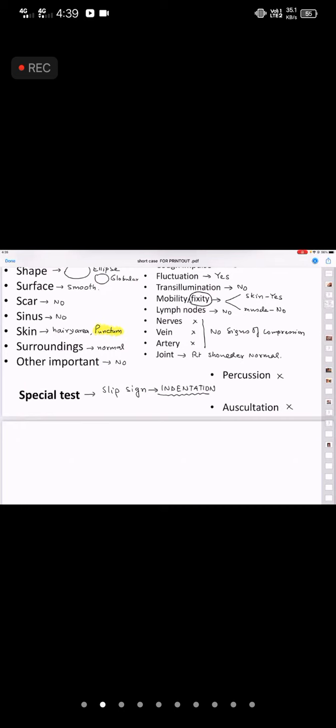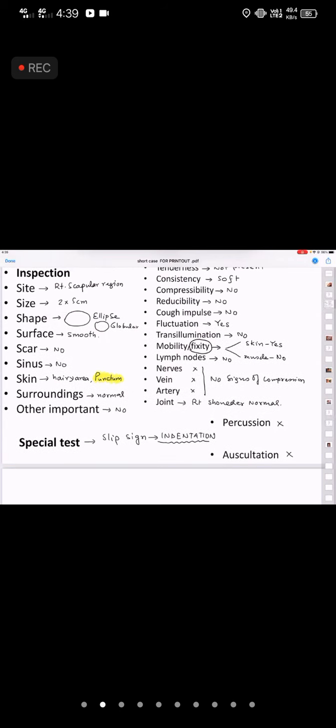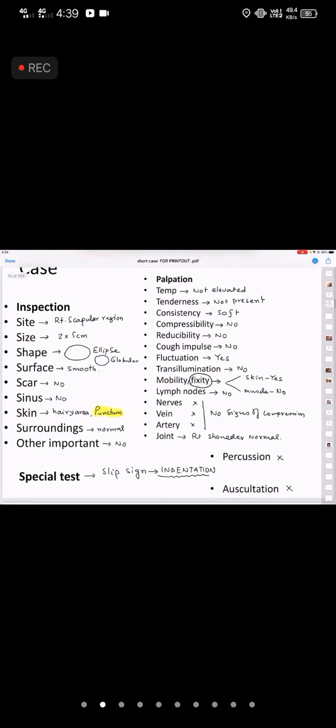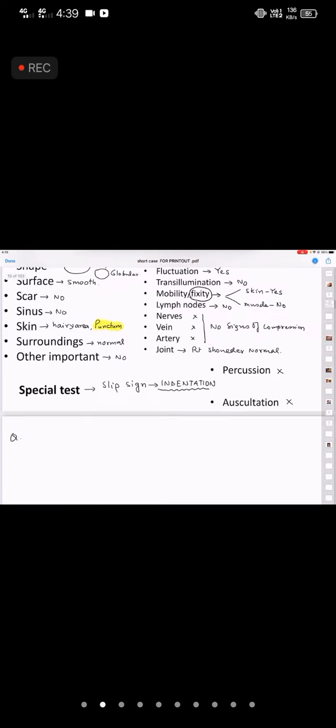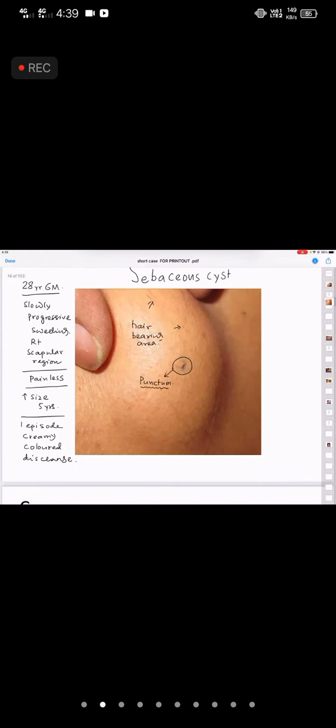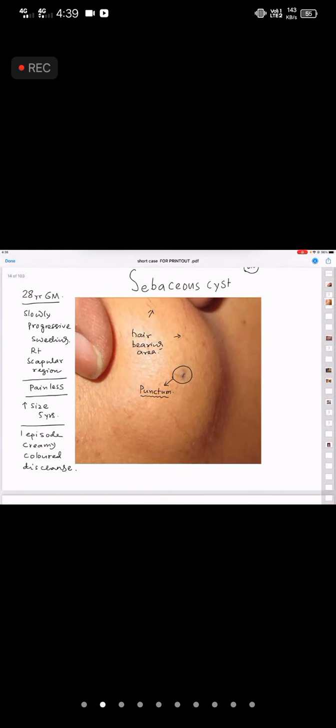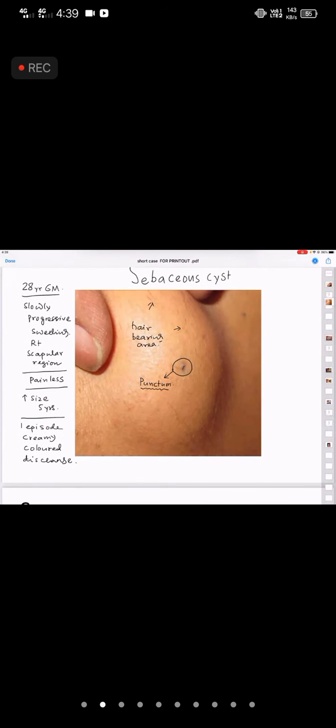Completed? Yes, sir. Good. Now let us come to the questions of the set, and definitely I will be talking about fluctuation, don't worry. Okay, so first of all, the first question. The picture once more. You have the picture in your PDF. Do you have the PDF with you? Yes, sir. Actually, you marked it. That's why I was about to say please take a screenshot. Please take a screenshot. Thank you.